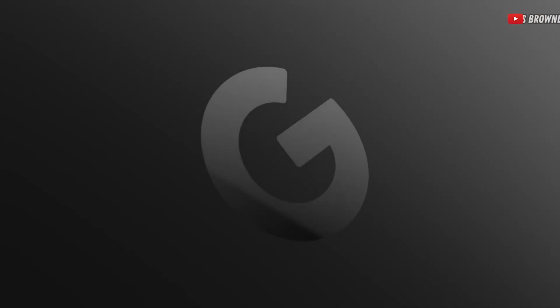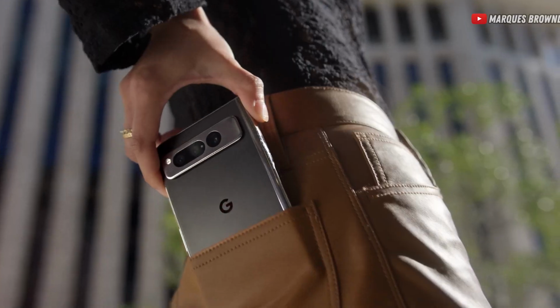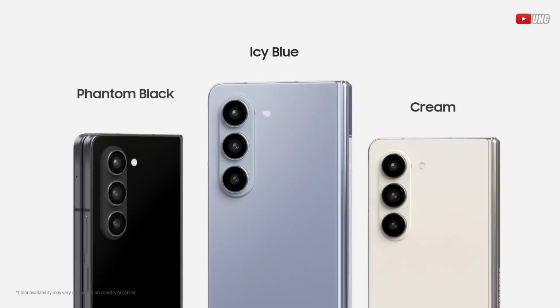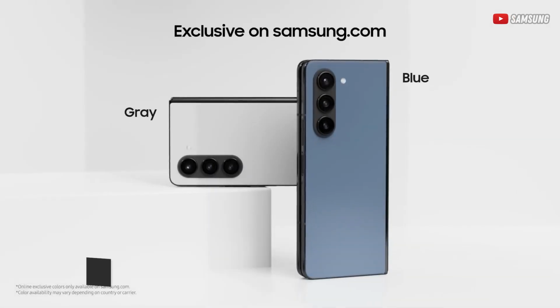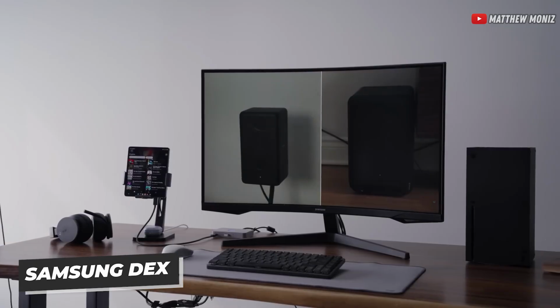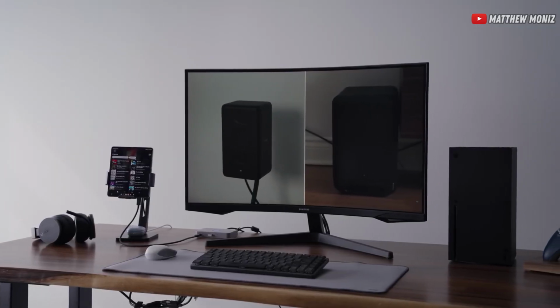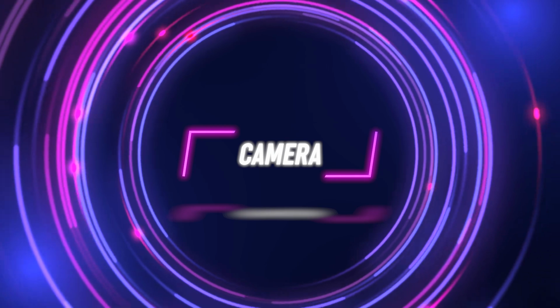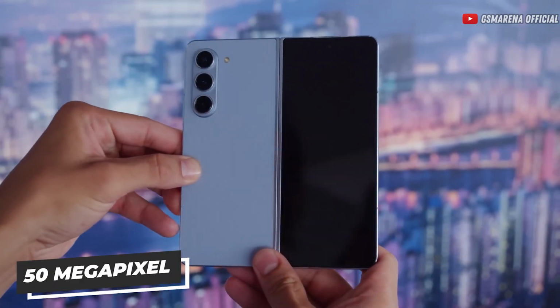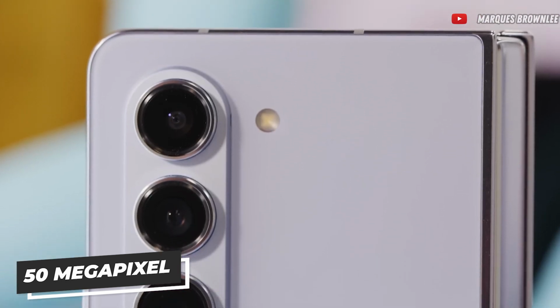Compared to Google Pixel Fold's simpler software, the Z Fold 5 stands out with its S Pen stylus support, better color options, and Samsung's unique DeX feature, which lets you convert your smartphone into a desktop computer with a keyboard, mouse, and monitor. The Samsung Galaxy Z Fold 5's 50-megapixel main camera delivers high-resolution photos with mature processing and